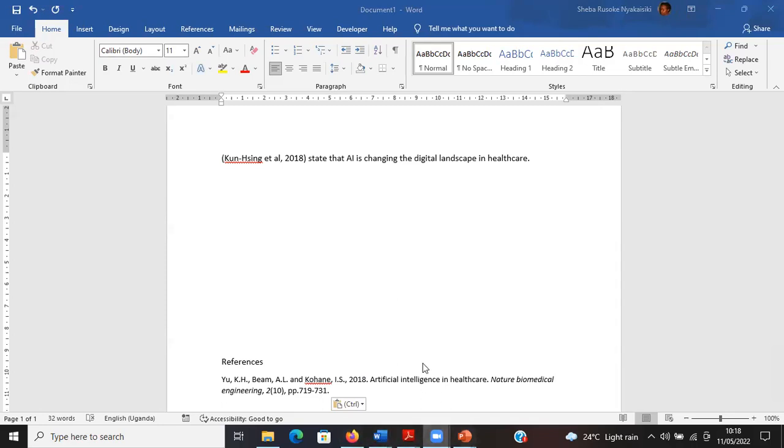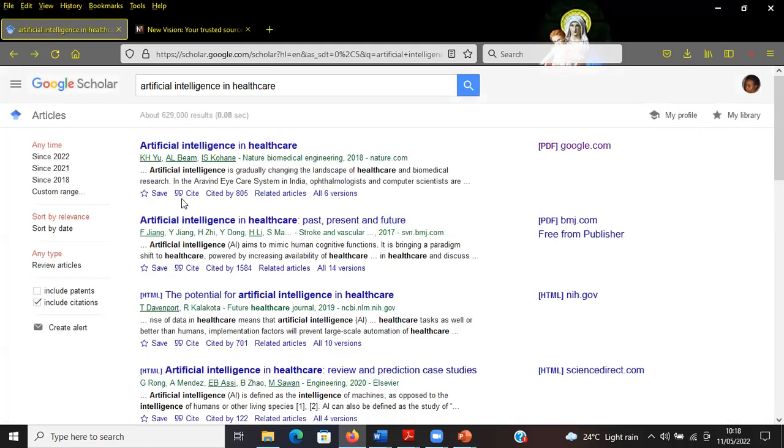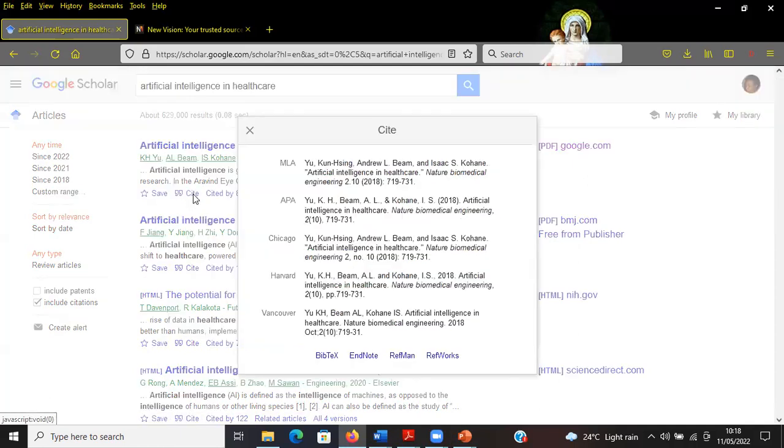Madam, come again, how you did it? Okay, let me go back. Let me close this window. You see, the particular article I want to cite, artificial intelligence in healthcare, the one that I downloaded. You see that so far? Yes. Now I want to cite it. I want to get the proper citation method. I click on the link cite. Then it opens up this window. Do you see the window, which is entitled cite? Yes.